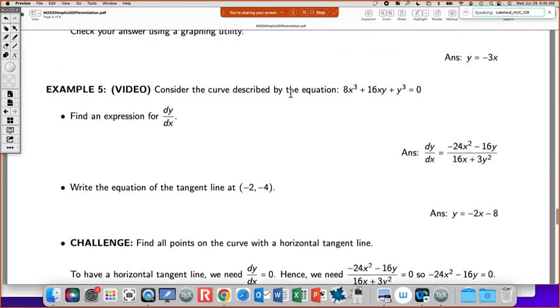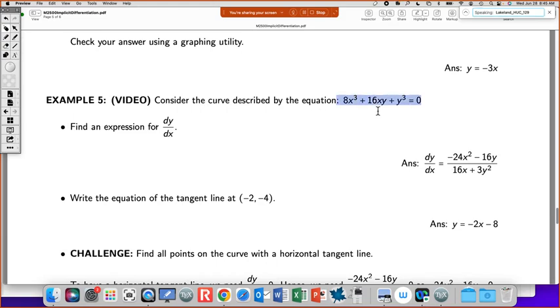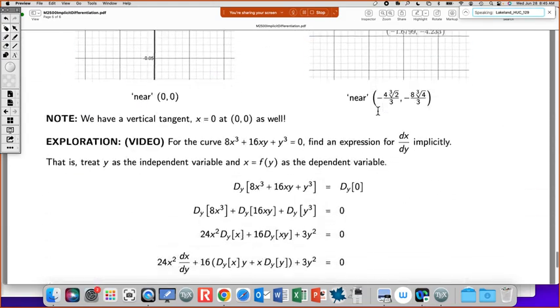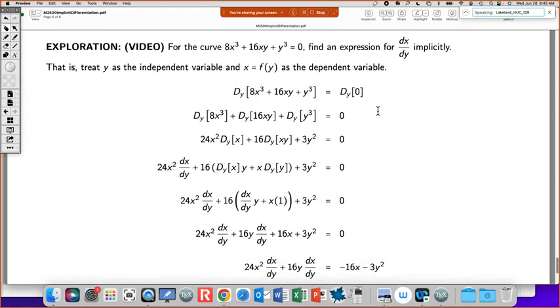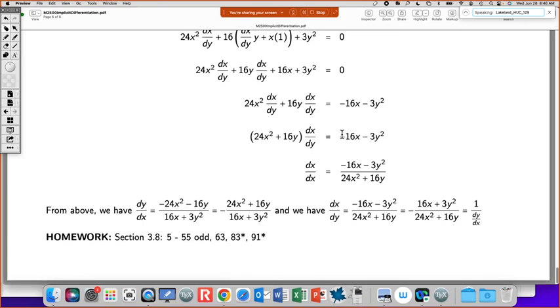So you take the example we did here in example 5, and instead of thinking of y as a function of x, you think of x as a function of y and take the derivative implicitly with respect to y, and then compare dy dx and dx dy, and see what happens. Because there's a general phenomenon that happens there, and if you think a little bit, you'll see why it happens that way. Okay, it turns out they're just the reciprocals of each other,